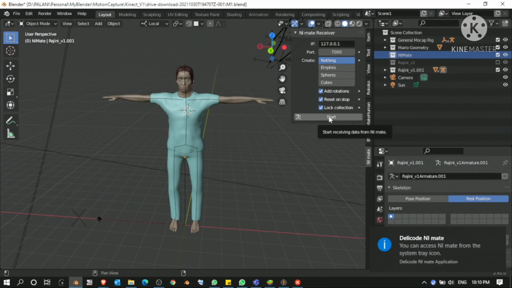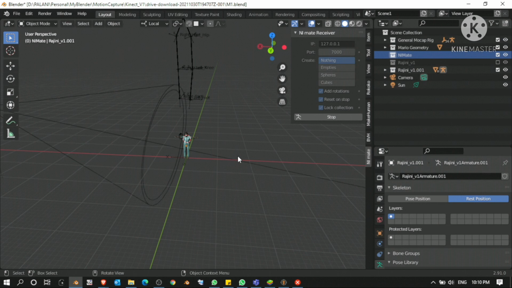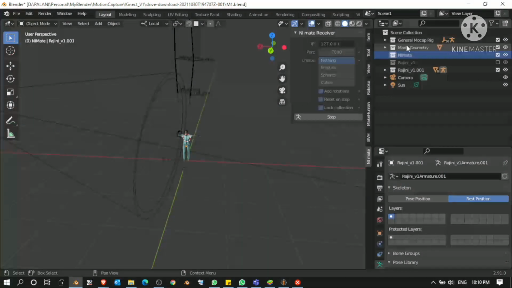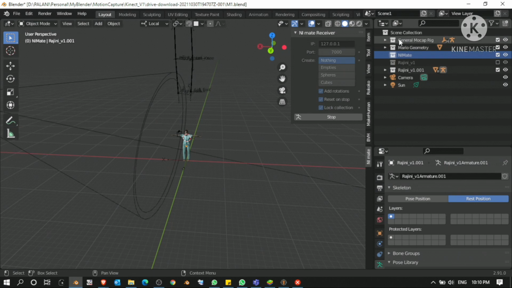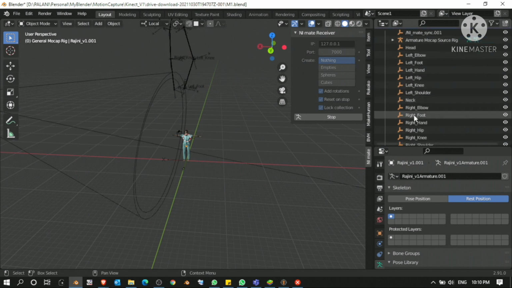Now click the start button. Now you will see the rig is receiving the data from the device, I mean Xbox 360, which is mapped into the sample rig which I downloaded.